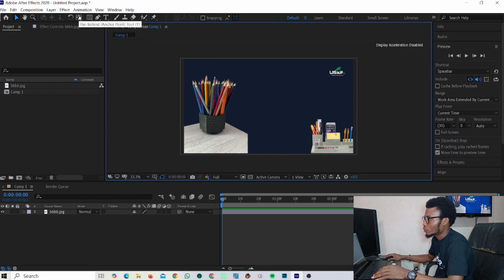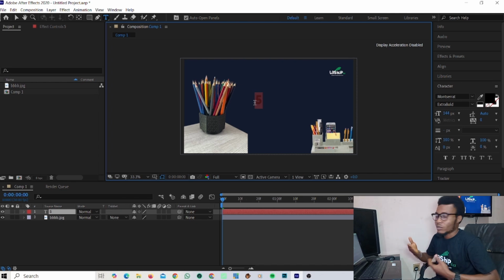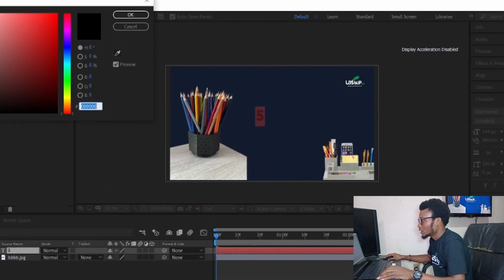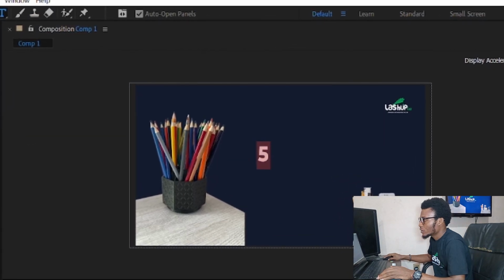Click on your text tool, type 5. In this case, you can manipulate the text anyhow you want to. You can tweak the text, manipulate it the way you want to your satisfaction. In my own case, I'm going to change the color to white and change the size, and probably the next thing I'm going to do is